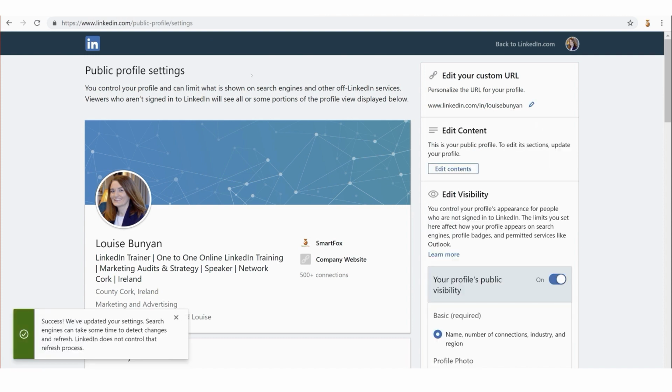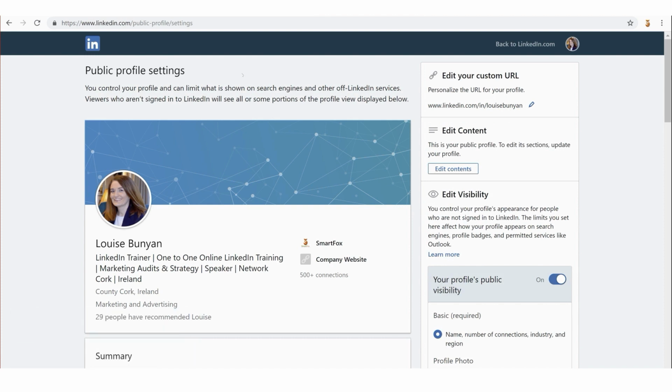And if you are lucky, if your URL is unique and nobody else has that already, you get your success button. But if somebody else has taken your URL, it'll say that's not available, and you'll have to come up with another way of writing your custom URL. But it's always really good to tidy it up and to take away all those numbers and digits.